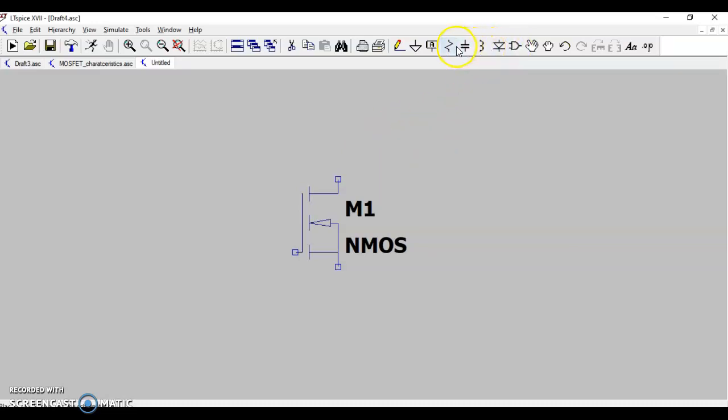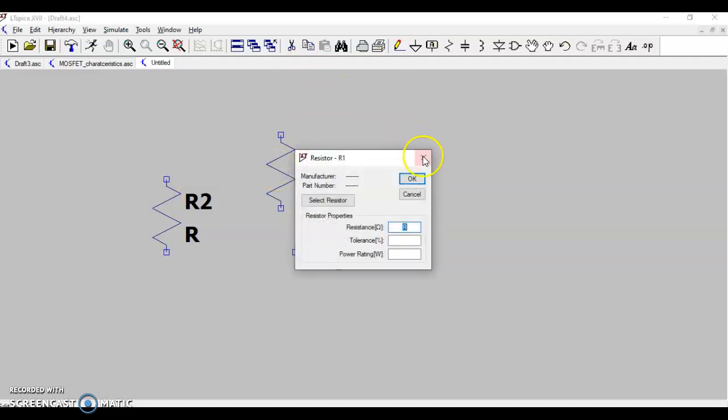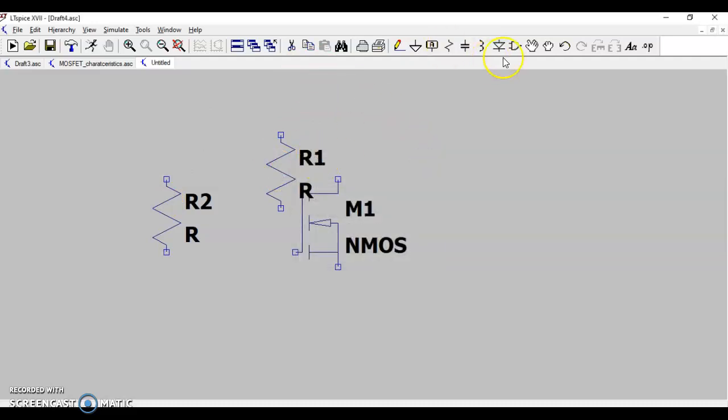Then next I want to place a resistor. See, I'm using two resistors over here.